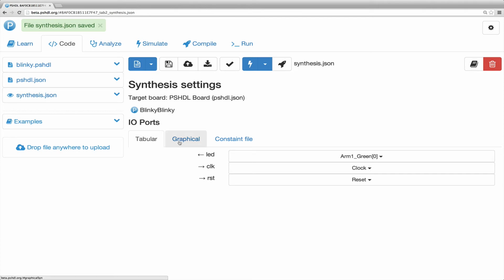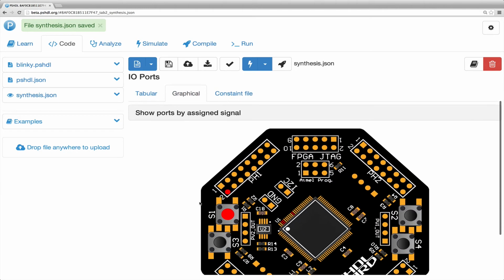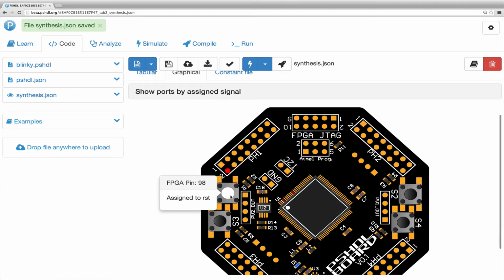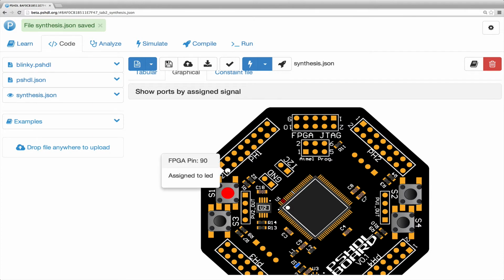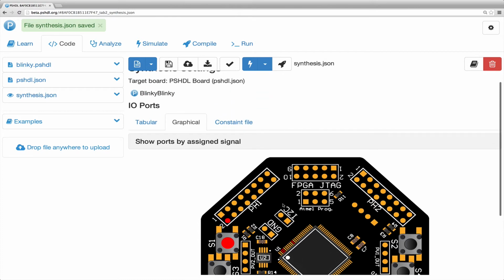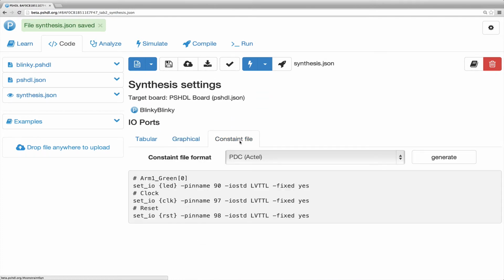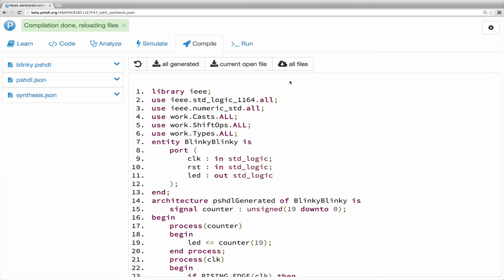One of the cool things is that you can actually see where those are. So here you can see that this is the button for the reset. This is the button for the LED, and the clock is coming from the Atmel on the other side. Of course, you can also create a constraint file that you can use with every vendor tool that you will find. So in order to get all of this running, we need to compile again,